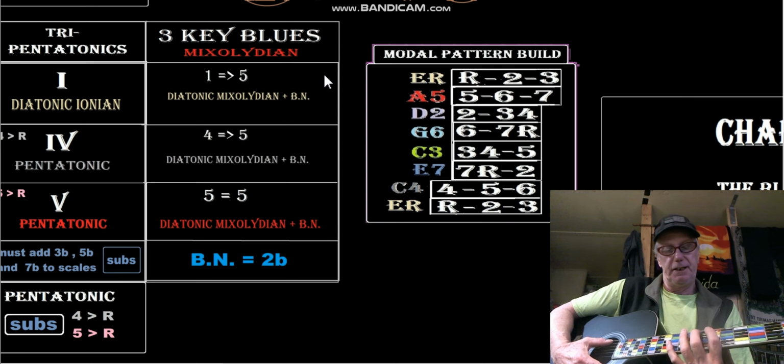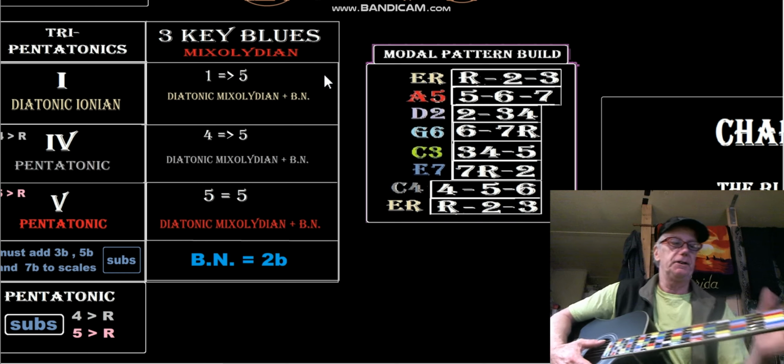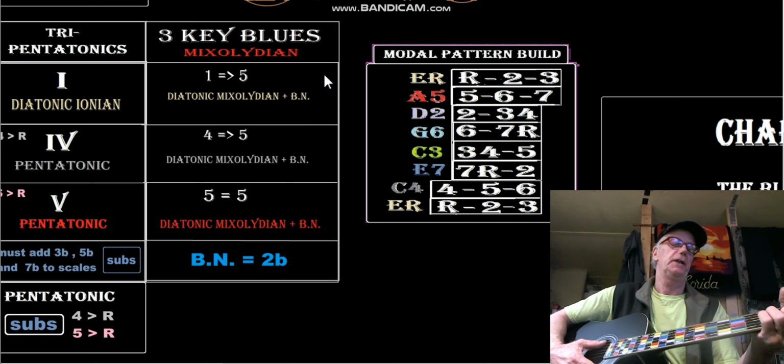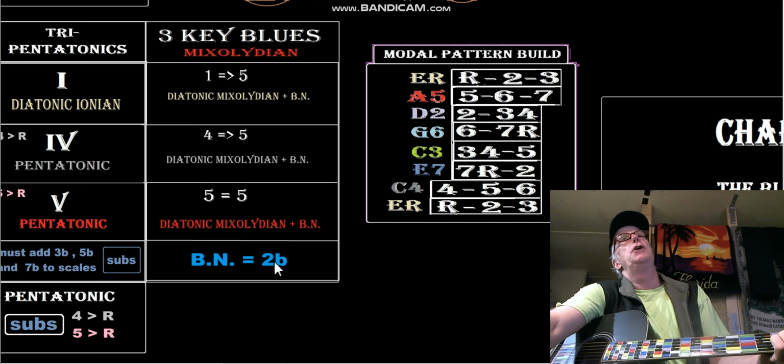A Mixolydian on G is, and then down here, because I'm down C tune. So that's easy, right? We're almost done. The thing is, where is the blues note when we're doing that? It would be